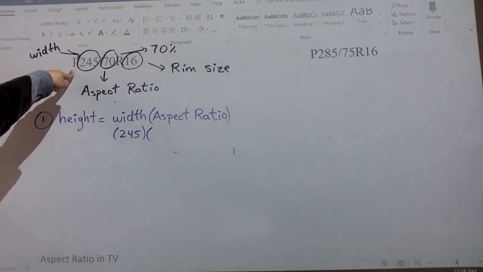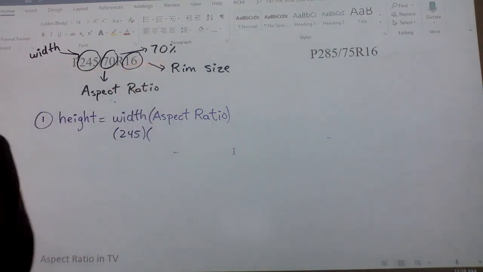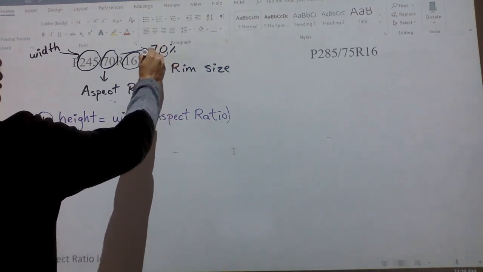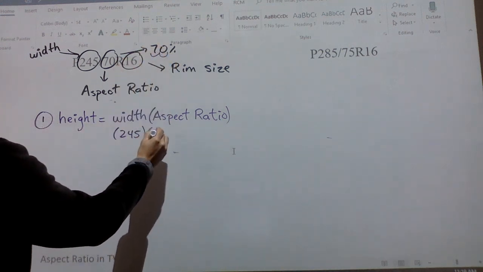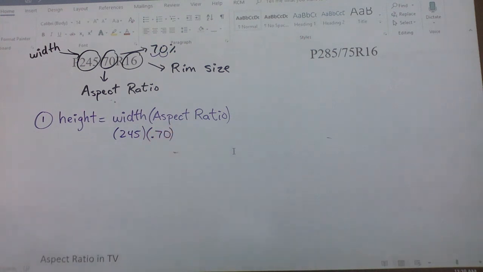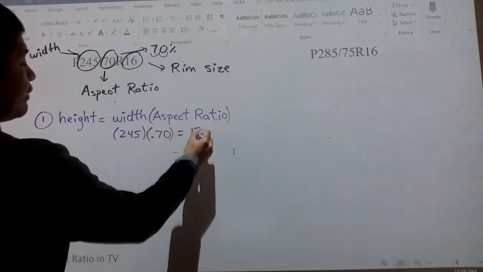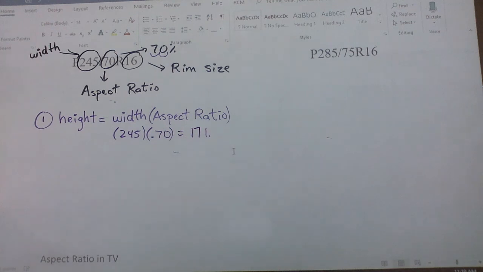If you know about math, you can never use 70%. Never, you cannot use 70%. So the only thing I can do with the percentage is convert it into a decimal. So I gotta move this twice to the left. So the thing I will have here, 0.70. Again, you gotta convert that into a decimal. No percentage can be calculated in math. Obviously, a calculator will do it, but normal people like us, we do the decimal. So if you multiply, it's gonna be like this. 171.5